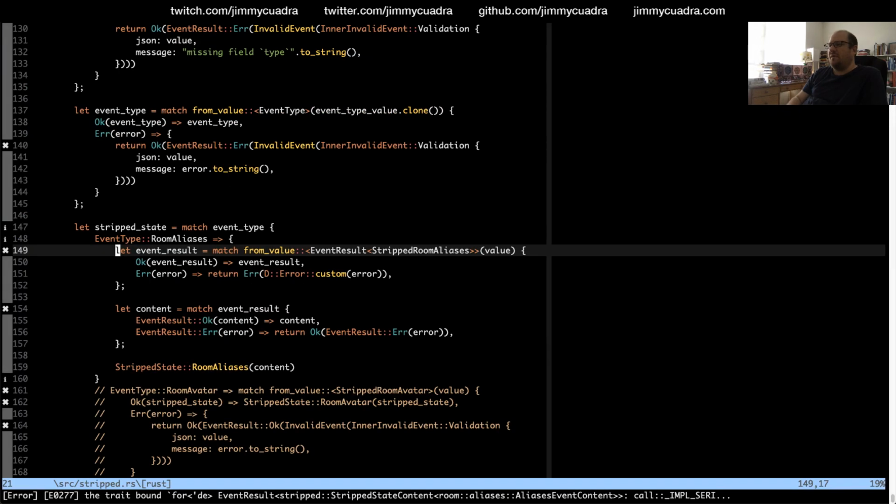So this is where that function comes in. This stripped state.